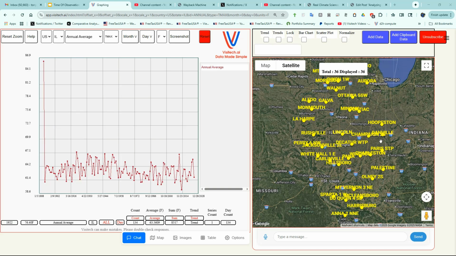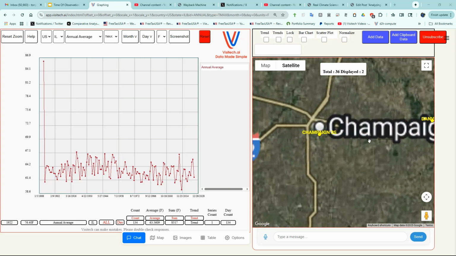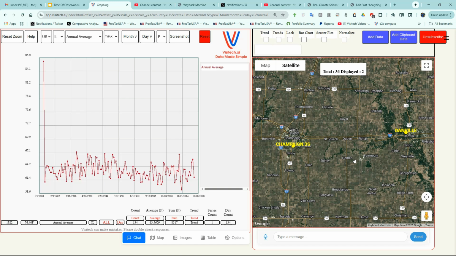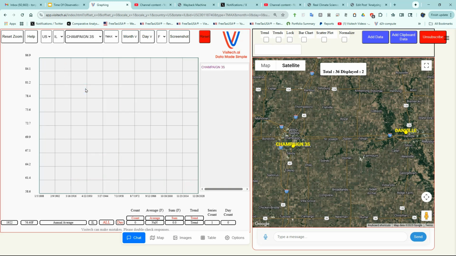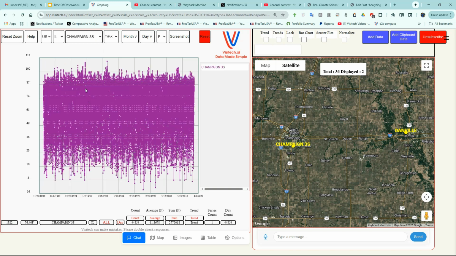Now on the right side of the window, we have a map of all 36 United States Historical Climatology Network stations in Illinois. For this analysis, we're going to look at Champaign, Illinois specifically, and later Danville. I'm going to select Champaign from the drop-down menu. Now on the left side of the screen, we have a graph of the almost 45,000 daily maximum temperature records